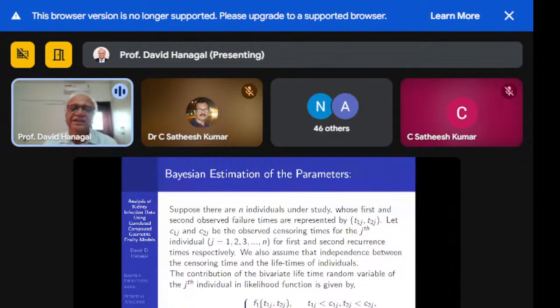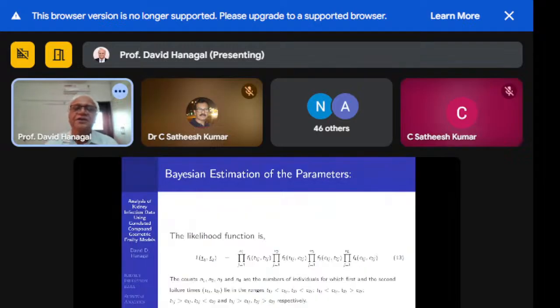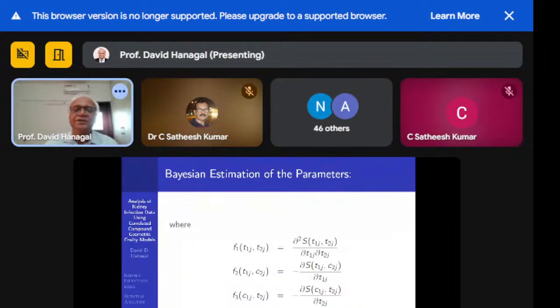We have already seen in the kidney infection data, N1 is 23 here. There are 23 observations, 9 observations, 3 observations, 3 observations. In all, there are 38 observations divided into four cases. N1, N2, N3, N4: in the kidney infection data it is 23, 9, 3, and 3. Total is. How to find F1, F2, F3, F4.